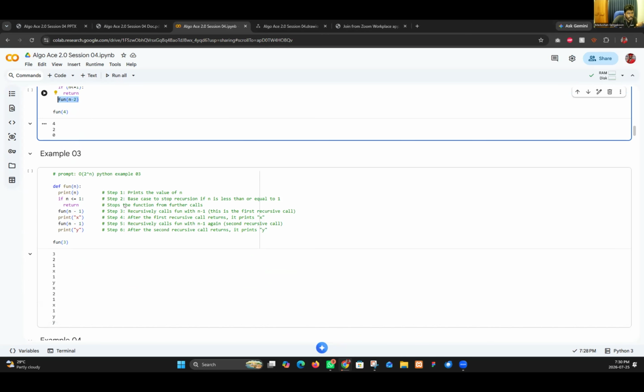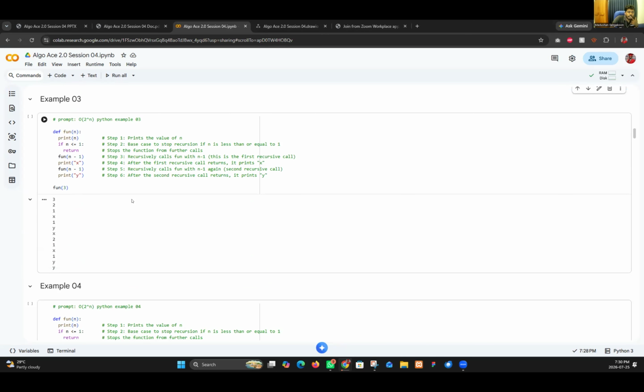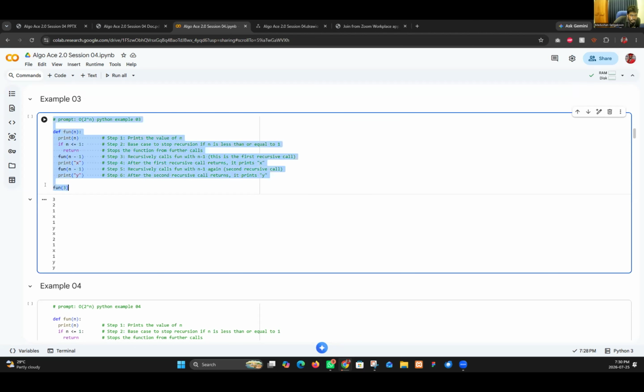Okay. Now let's go for a little bit more. This is not a harder thing, but what happened in here? Example 3 is the same thing.